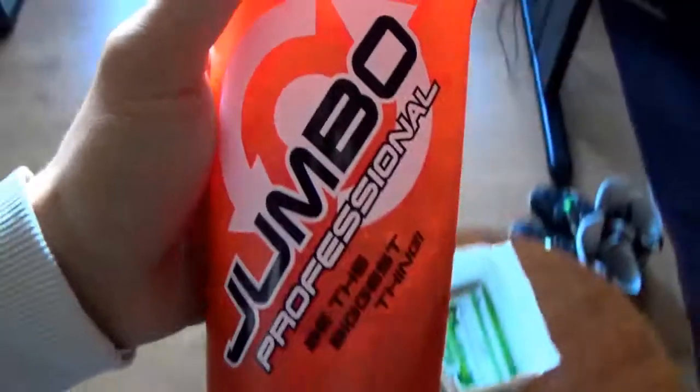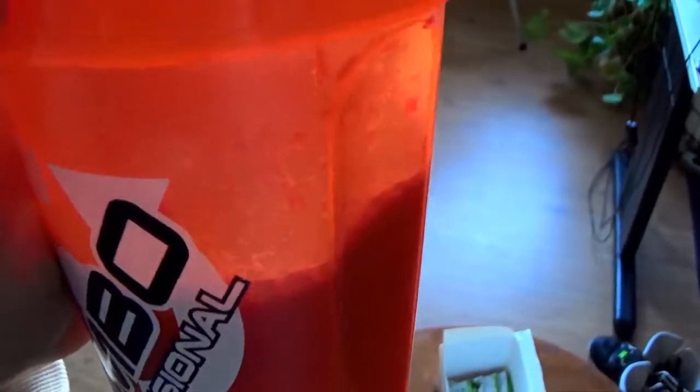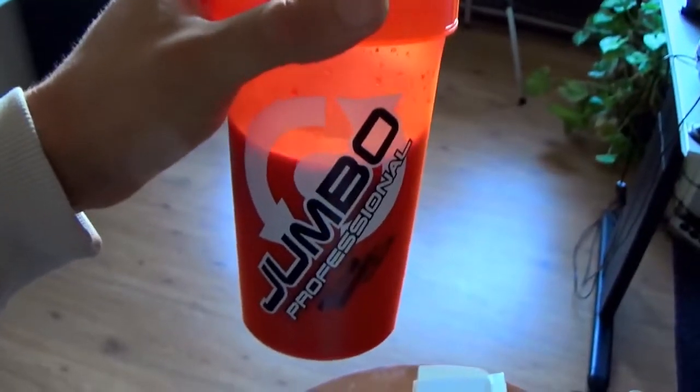Hey guys, now before I leave for the workout, actually, I make my post-workout shake, which is right here. So this is a shake, and it actually has a couple of ingredients in it, and you may not be able to see it, but this actually is a red color. You see it here a little bit, but I'm going to explain what I use in my post-workout shake and